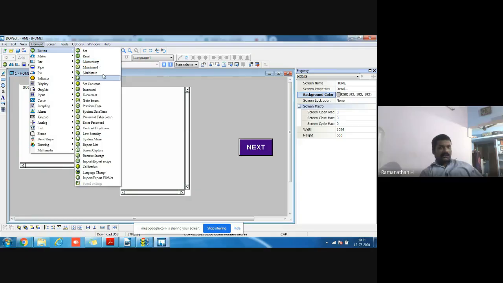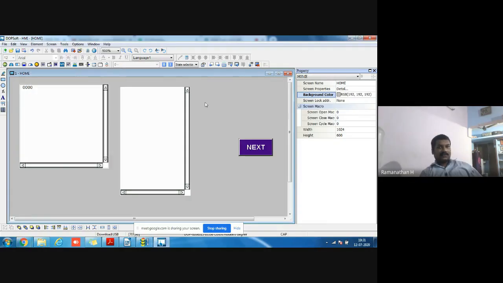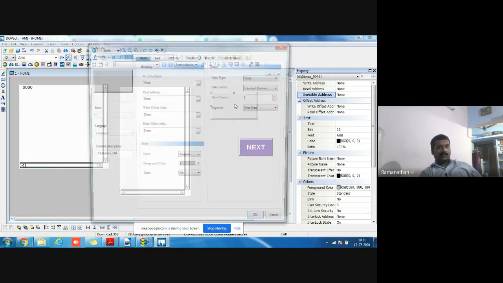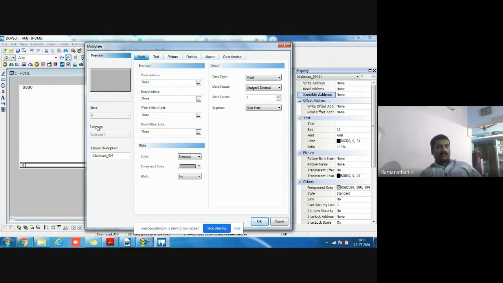Then multi-state. Multi-state means it's not only the zero and one state, but other states like 0, 1, 2, 3, 4, a lot of states, like fuzzy logic.